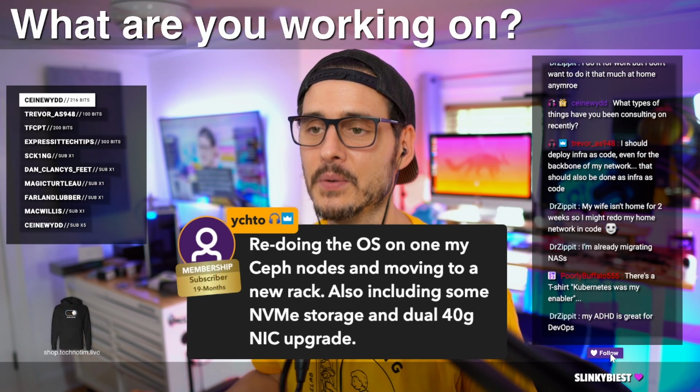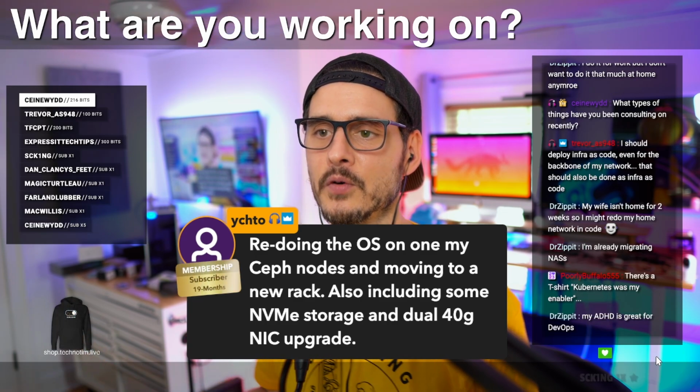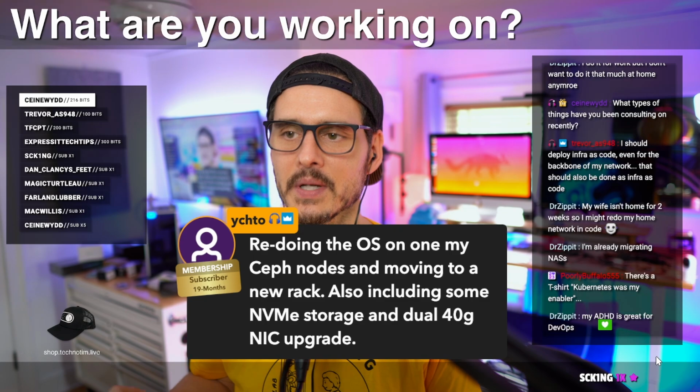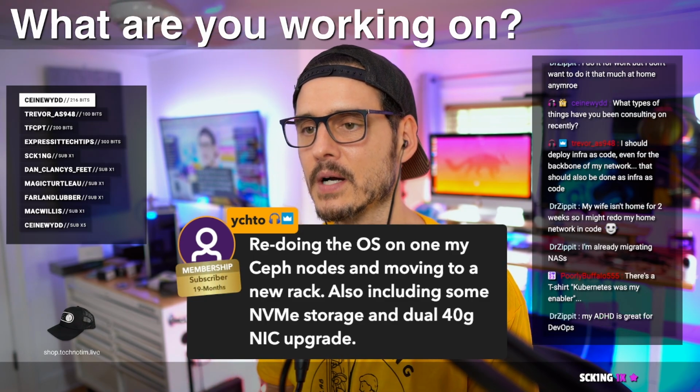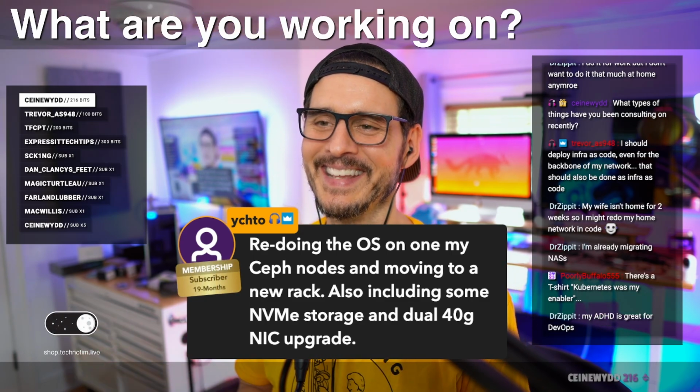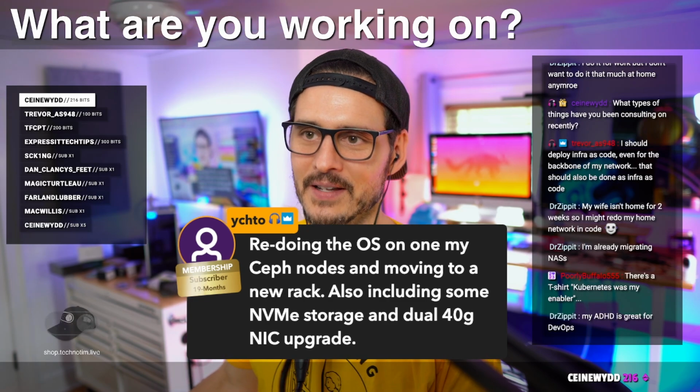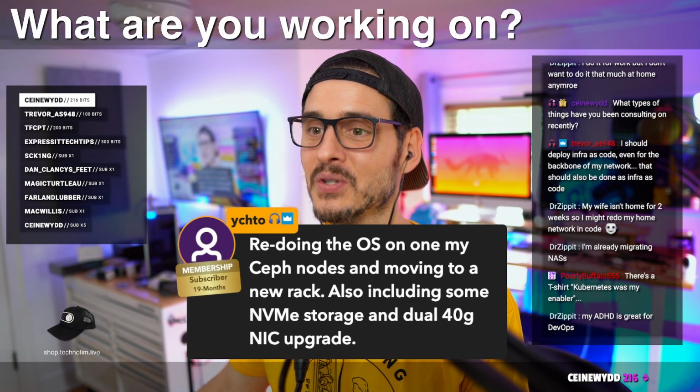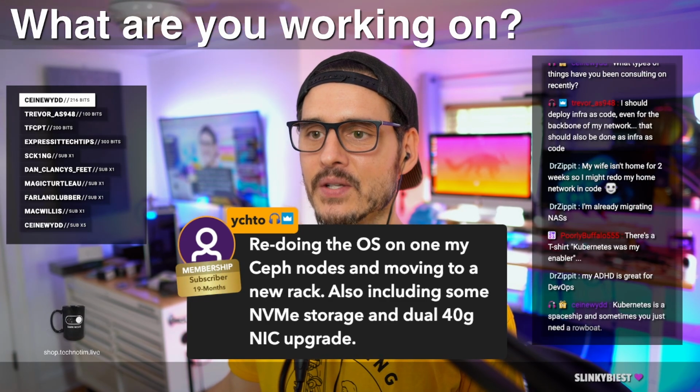Redoing the OS on one of my Ceph nodes and moving to a new rack. Nice. Also including some NVMe storage and dual 40 gig NIC upgrade. Oh my gosh, you got 2 of those NICs. Wow. So redoing the OS on your Ceph nodes,